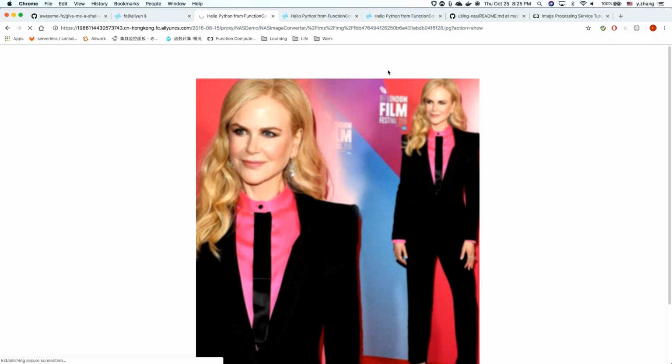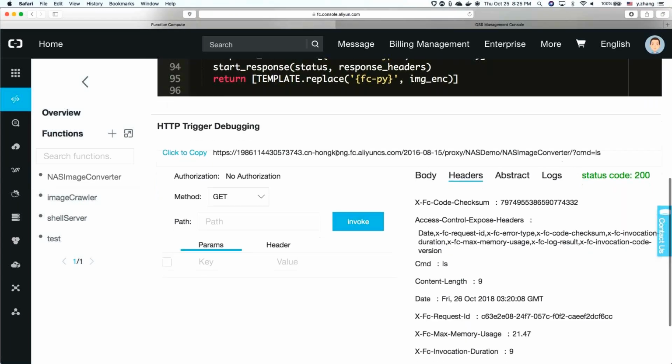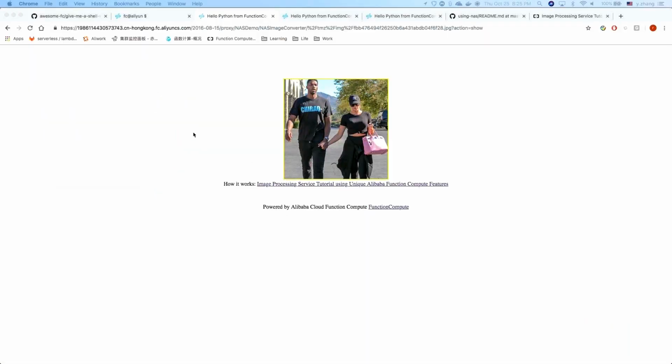Let's see if I can get something. Or I can just copy from this. Sometimes it's easier to copy this. Oh, okay. That's a new image. That's a new image. And if you look at the code